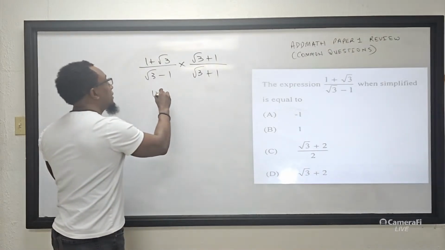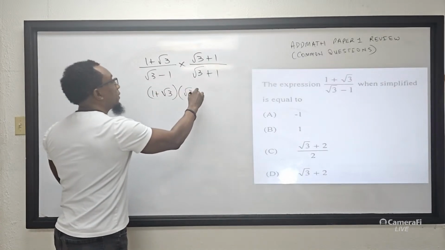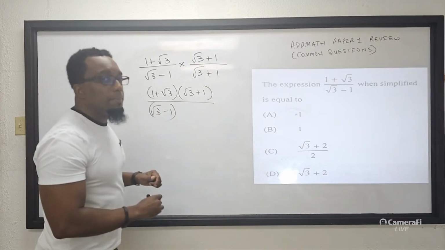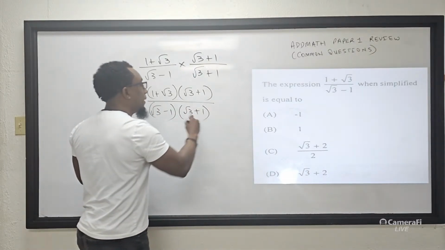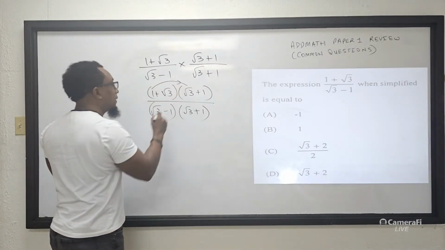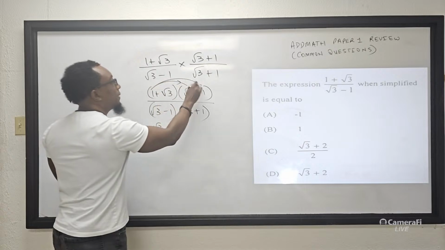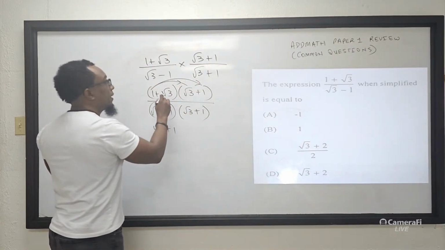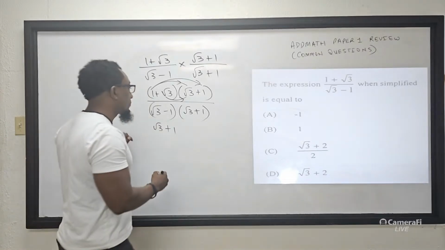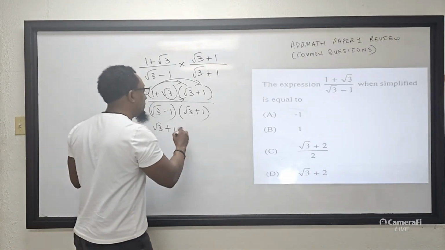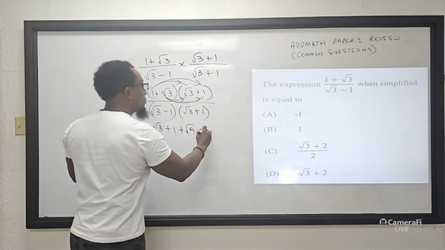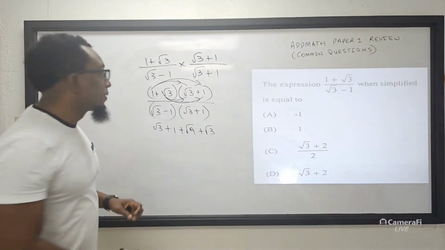This is 1 plus the square root of 3 by the square root of 3 plus 1 over the square root of 3 subtract 1 by the square root of 3 plus 1. So let's expand. So I'm going to expand 1 by the square root of 3 to get the square root of 3. 1 by 1 is plus 1. The square root of 3 by the square root of 3 is the square root of 9, which is 3. Let me write the square root of 9, let me show the steps. And the square root of 3 by plus 1 is plus the square root of 3, over,